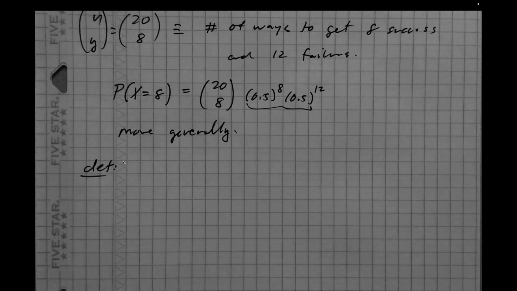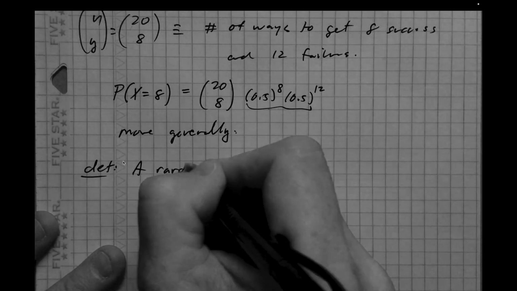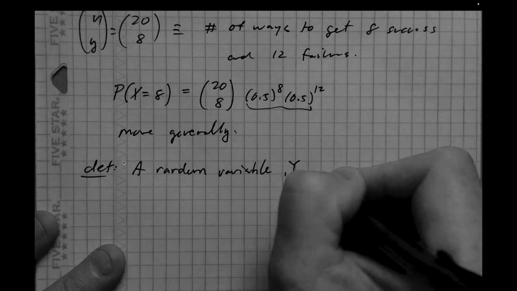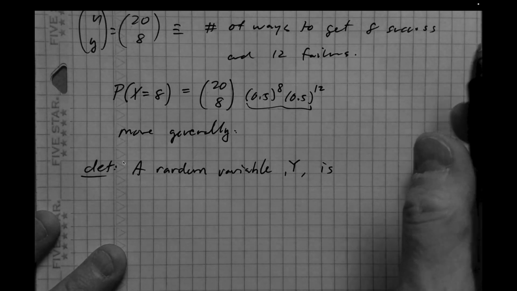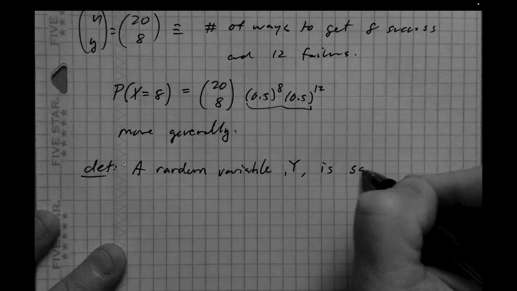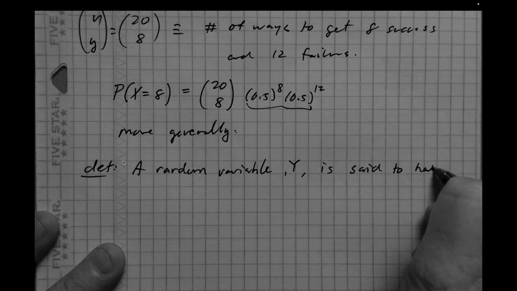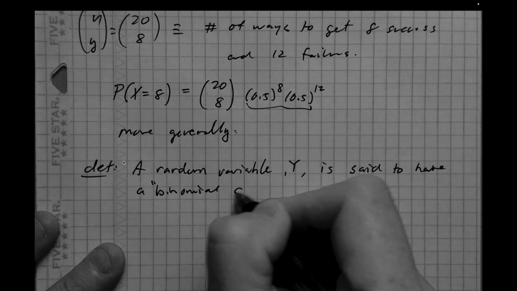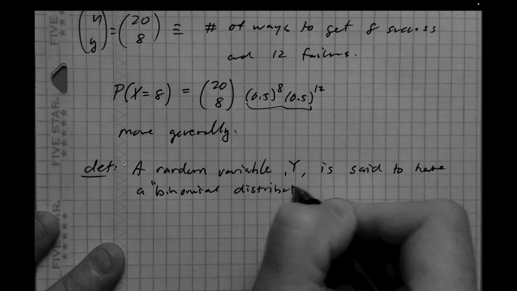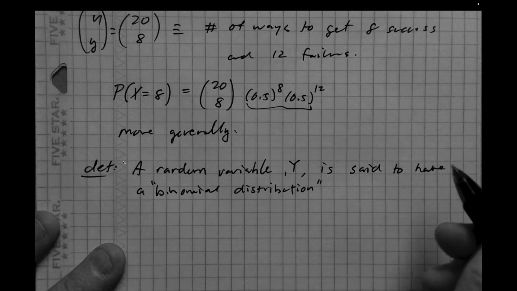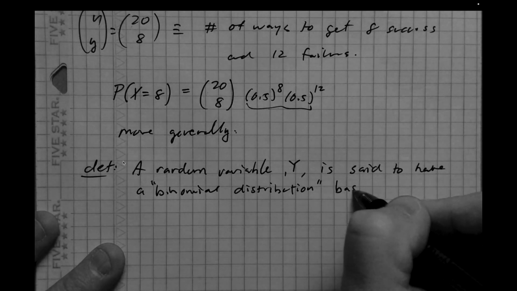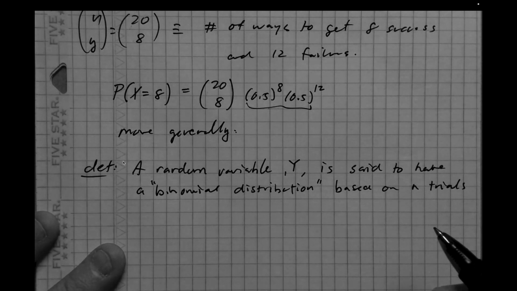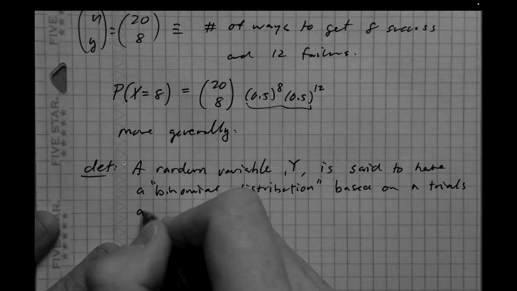So more generally, a random variable Y is said to have a binomial distribution based on n trials and success probability p